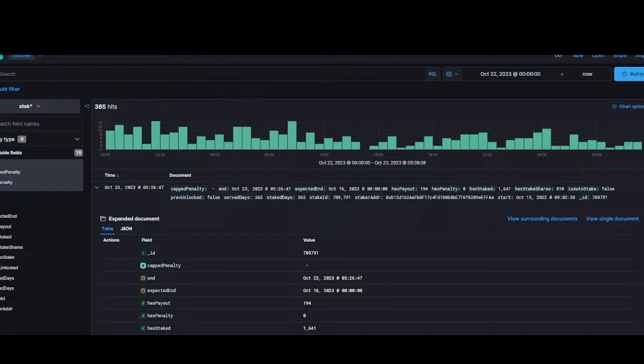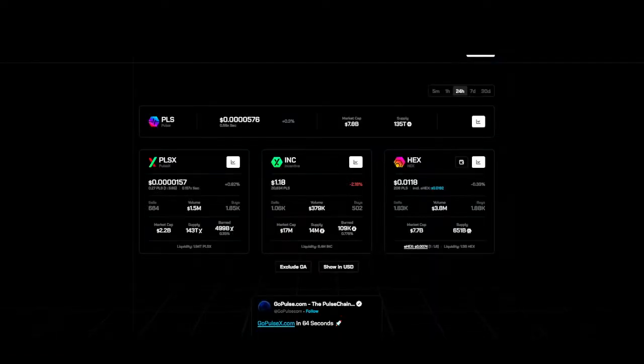But here's the hard part. This is what I'm trying to figure out. If anyone can help me, if anyone knows. Now, we've seen a slight pause. So for the first time, I've checked Go Pulse, and it hasn't gone up another 20%. So my question is, what happens from here? My question is, where does it go and why?